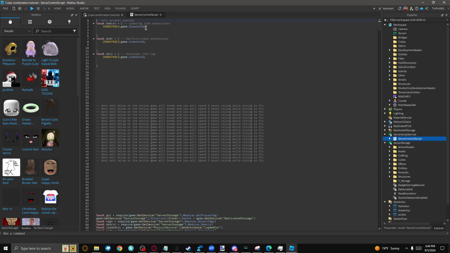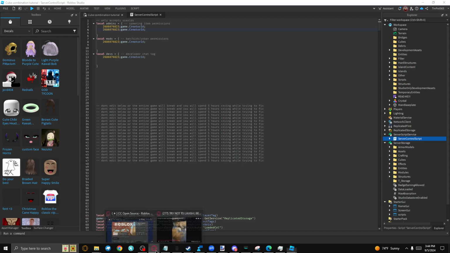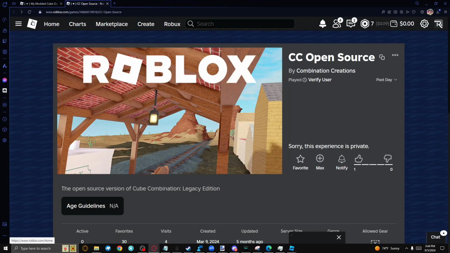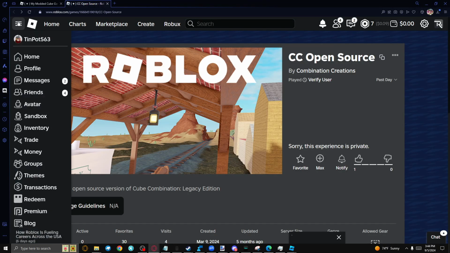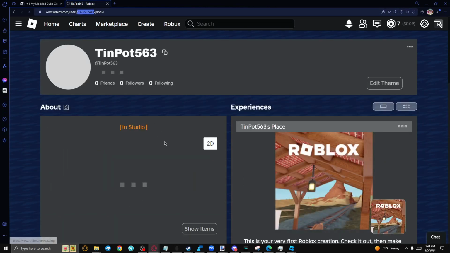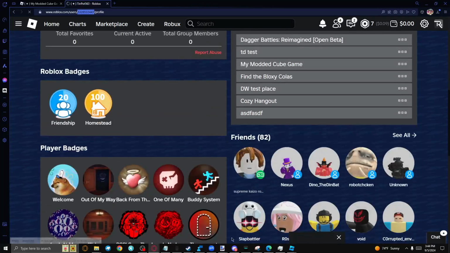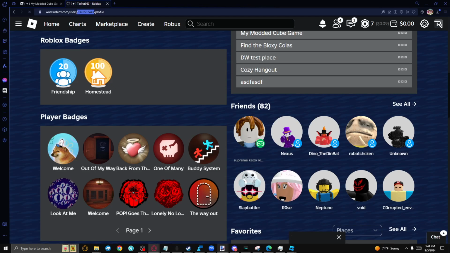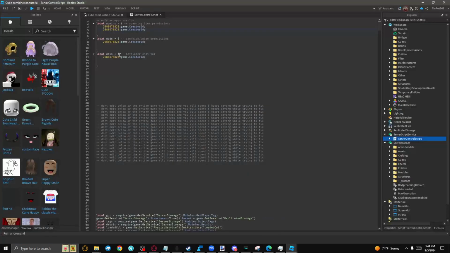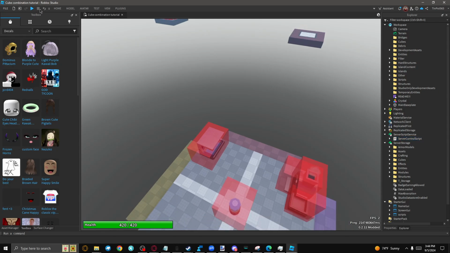What you want to do for this section is just copy and paste that in. You want to go to your profile, and then you want to copy this, not that. Wait, you want to copy this. You want to paste it in here, and make sure you're pasting in your ID, and you just put in all the other ones. So now